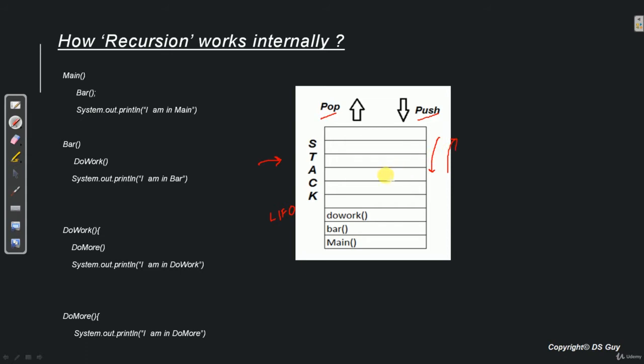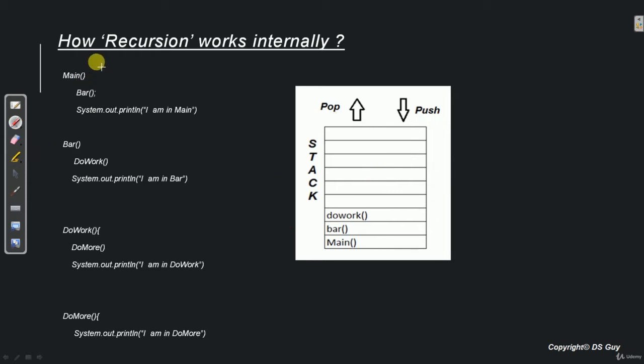So if let's say we store number 3 in stack, then if we store number 2 and then number 1. Now if we want to take out an element from stack, we cannot access 3 or 2. We always have to take out 1 first, then 2 and then 3. So this is called LIFO. So in case if you want to know this thing in more detail about stack, please watch the stack chapter. Now let's come back to our method invocation.